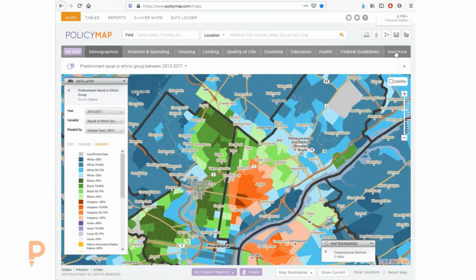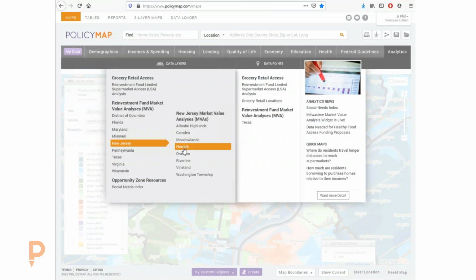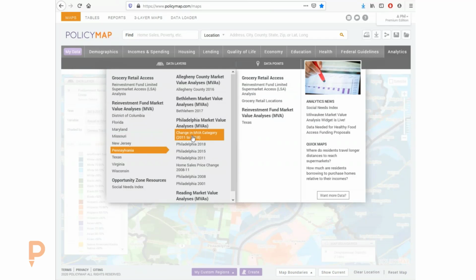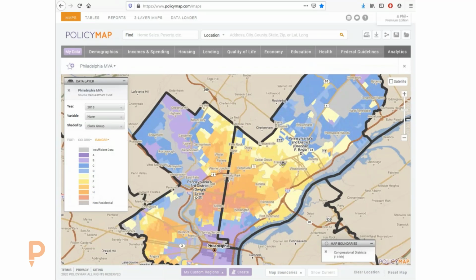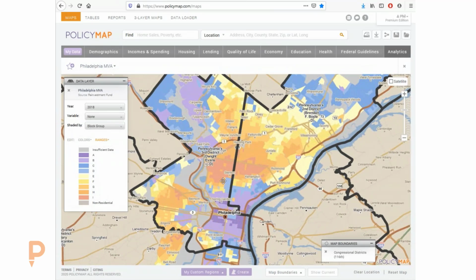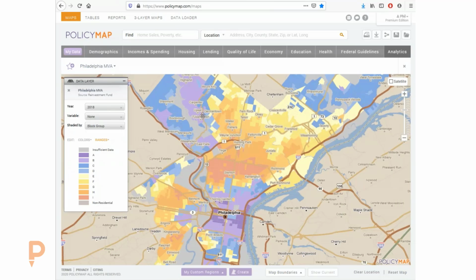They actually do a really cool analysis also called market value analysis, which is this amazing study that talked about neighborhoods and the different changes. This was actually a really neat data set that we created to help cities understand where neighborhoods are trending, where neighborhoods are declining, but also where neighborhoods are stable. So we do create these methodologies based on overall data sets together.